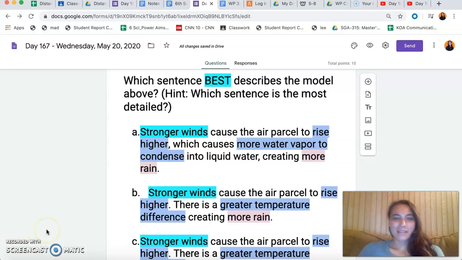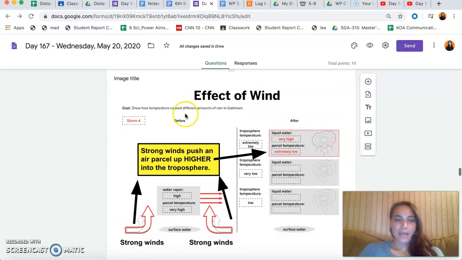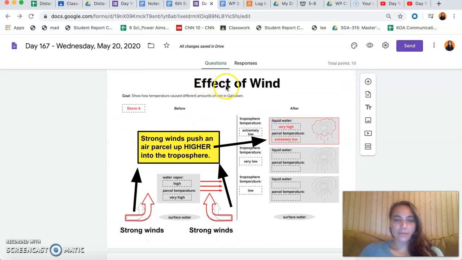Hey there. Let's review this question from this section on wind. Which sentence best describes the model above? If we look at our model and the effect of wind on the different amounts of rain in Galetown, we